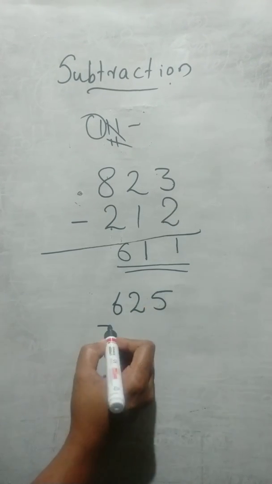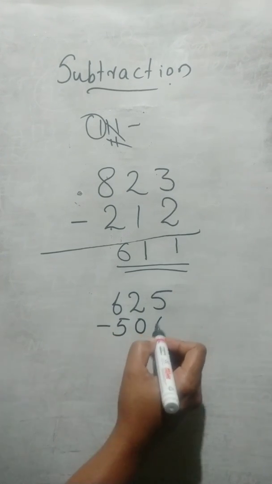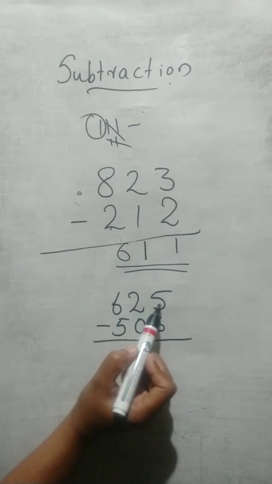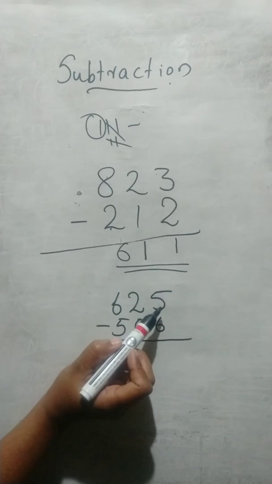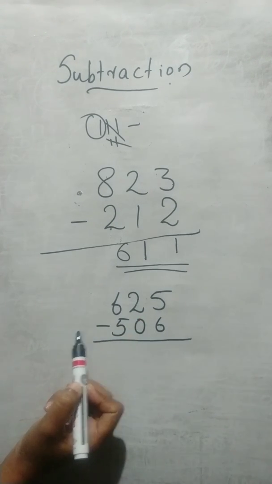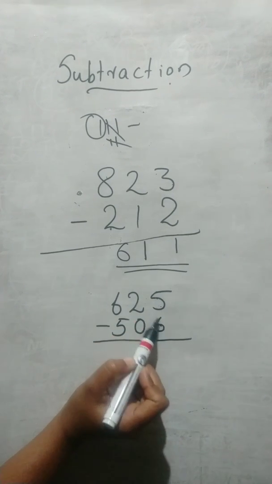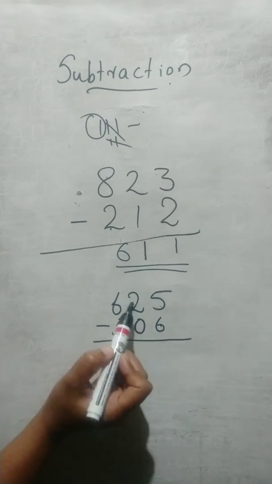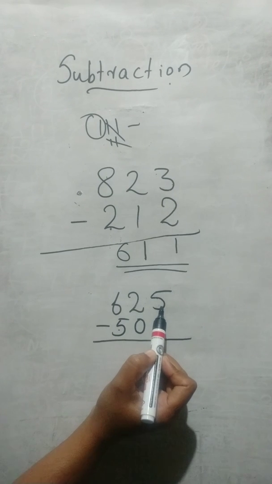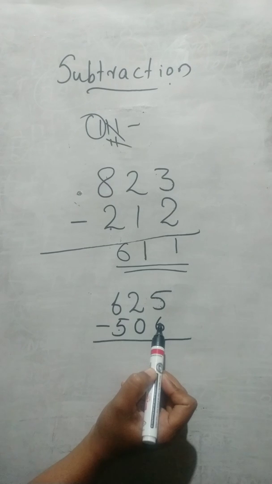Okay. Then if sometimes here, 625 minus 506. How can we do this one? Here 5 minus 6. Here think about top number and bottom number. Here 5 is smaller than 6. We have to compare the ones place digits, then tens place digits and so on. Now first step is 5 and 6. 5 minus 6, is it possible?